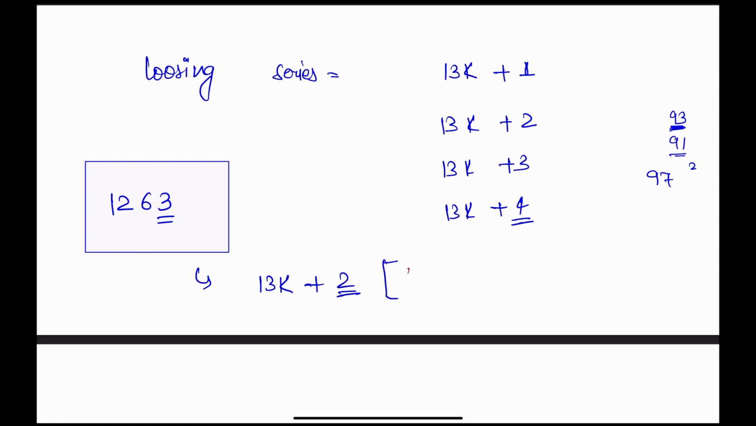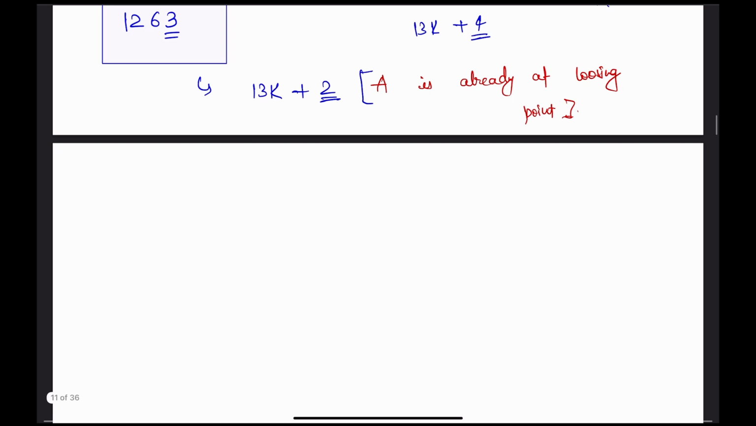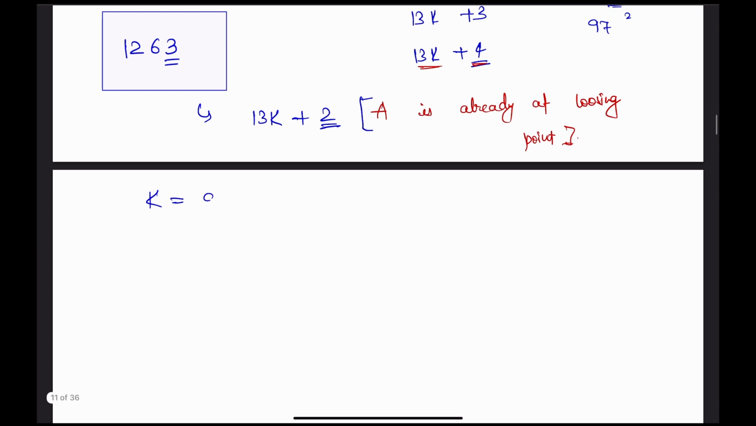A is already at the losing point, but still let's see if we can do anything. So what we can say is that 13k plus 4, if k is 97, then 13k